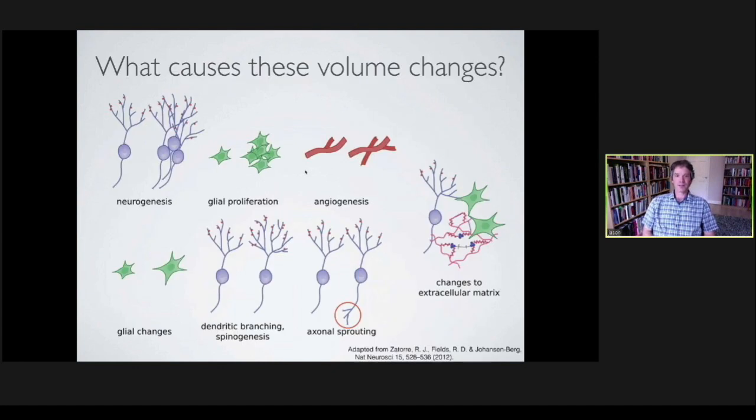So what might cause these changes? There was a review from Robert Zatorre and Heidi Johansen-Berg some years ago, which outlined different factors that could be contributing. So it could be neurogenesis, glial proliferation, angiogenesis, scale changes, dendritic branching, spinogenesis, or axonal sprouting. So again, there's a rich literature in cellular plasticity, and of course, in the mouse, you can begin to bring